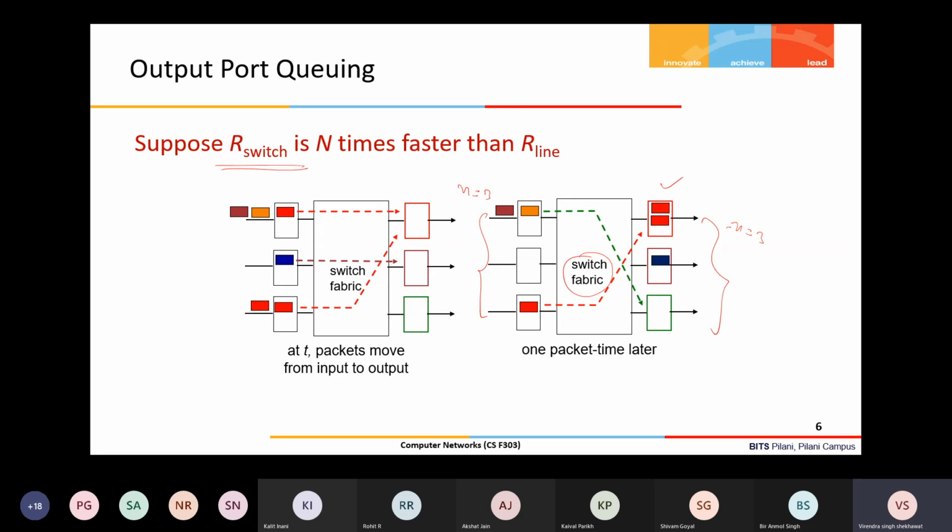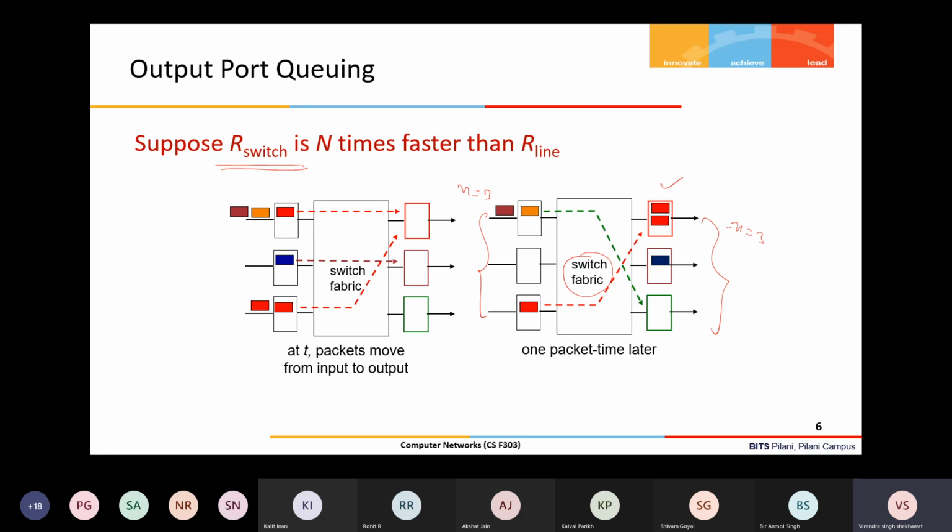Okay, so this completes our router architecture. Basically 3 components, and we understood that input buffering can occur and output buffering can occur. If you want to design a good switch, and your switching fabric is slow while your link speeds are high, then there is no point, because you are not getting any benefit of the high link speed. So the switching fabric also should be compatible with that. Otherwise, there is no point.